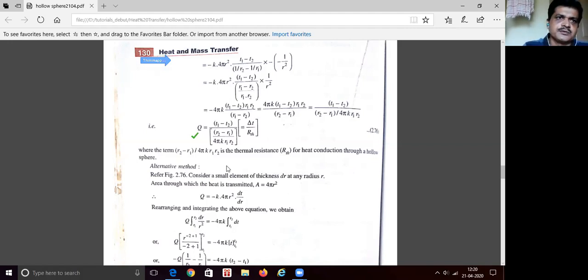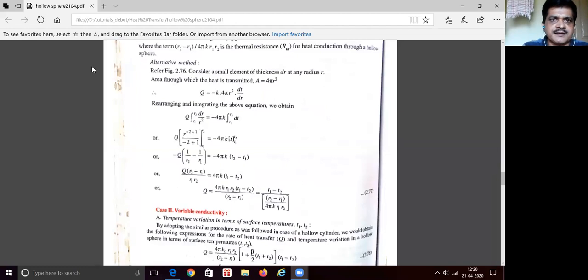Then let us come to Harsha's method. Harsha is very happy with the second method. He says, sir, the alternate method is very easy. In the alternative method, only separating variables is important. So here Q is minus k into A dT by dr, where 4 pi r square is the surface area A, taking the r variable on the left side and the T variable on the right side,